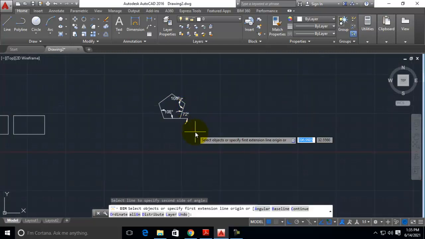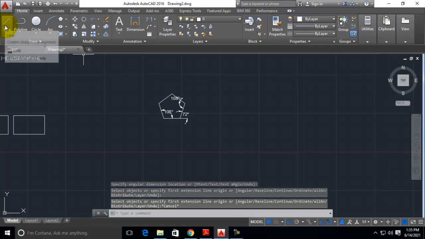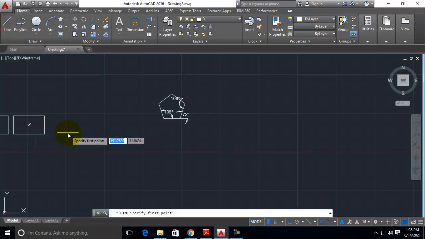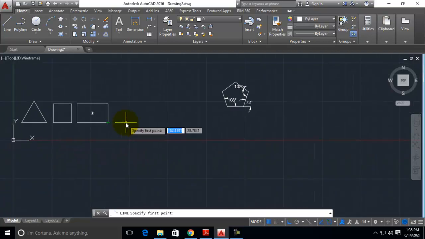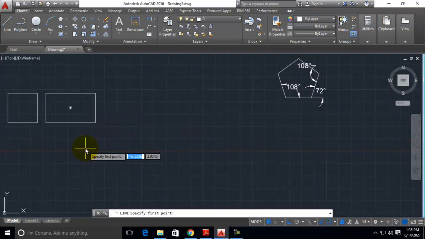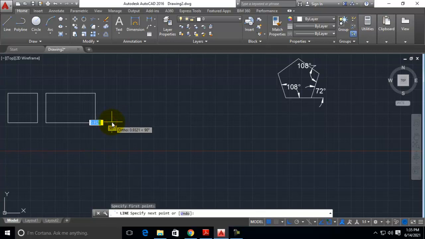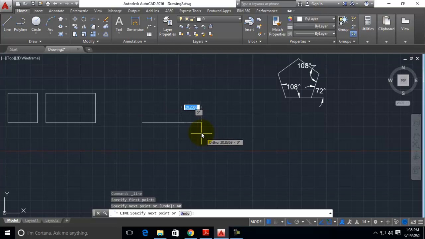Now I have measured the angles. Now I can draw a pentagon of my own. Now I am going to select the line command and draw pentagons using simple line commands. You can place it like this beside the rectangle. Click there. Actually we have to give more space between them. I am going to position it here. Start from here. Length of the pentagon is 40. Just type 40 and enter. Now switch off the ortho and draw the pentagon for a length of 40.